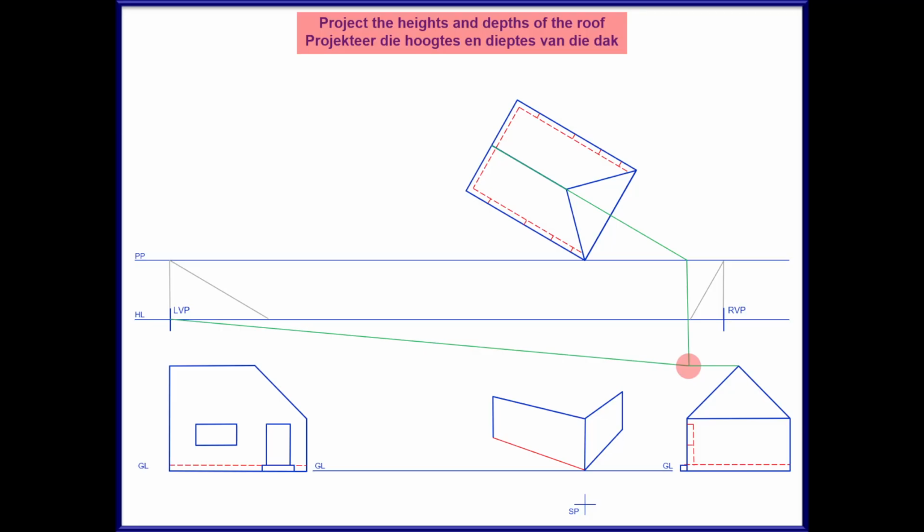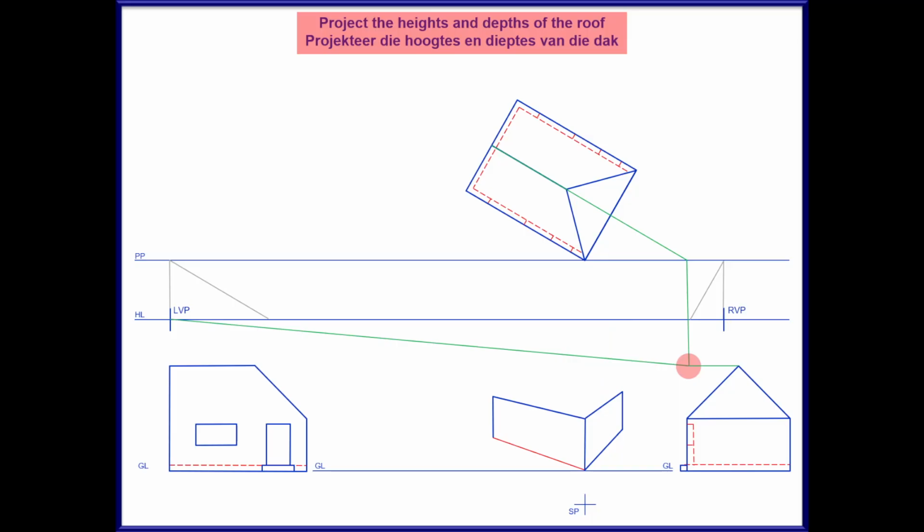Another method for getting my height line, where my top view is touching the picture plane, I'll project that down. I'll project the height from my front view all the way over till the line intersects. That line then will be projected back towards my right-hand vanishing point. I need to get a reference point that I will project down towards my station point till it hits the picture plane 90 degrees down, and that then will be my height point where I can then get my height line.